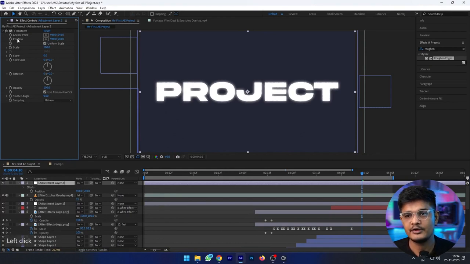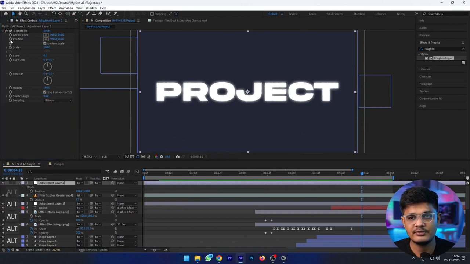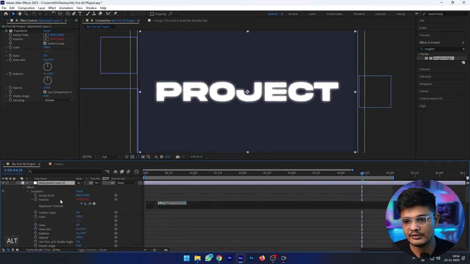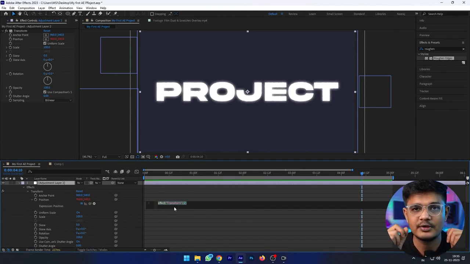Now on this transform position property, on this stopwatch, if I hold Alt and click on it, then you can see in transform properties, this panel over here has appeared. These are expressions.